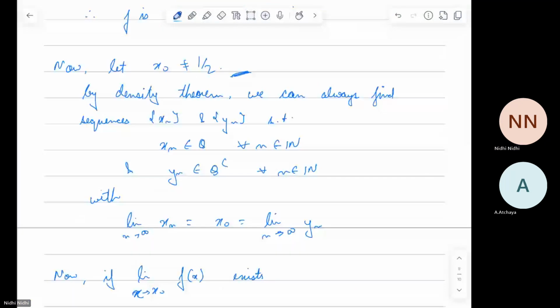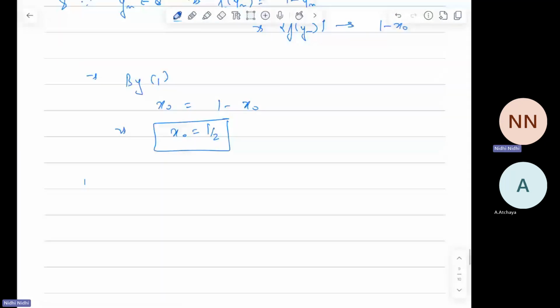Since x naught is not equal to 1 by 2, we get a contradiction. Therefore, the limit as x tends to x naught of f(x) does not exist